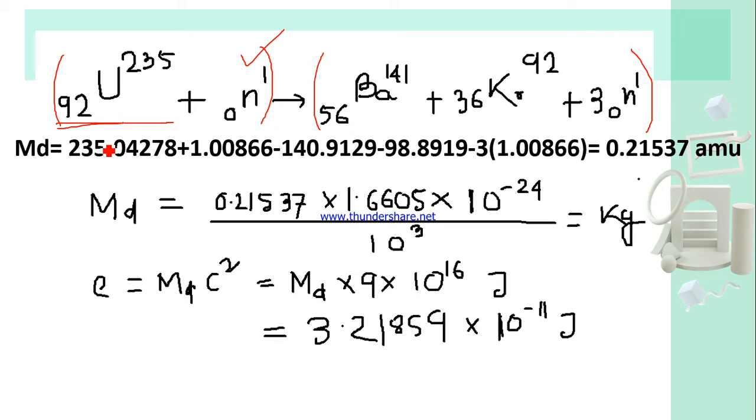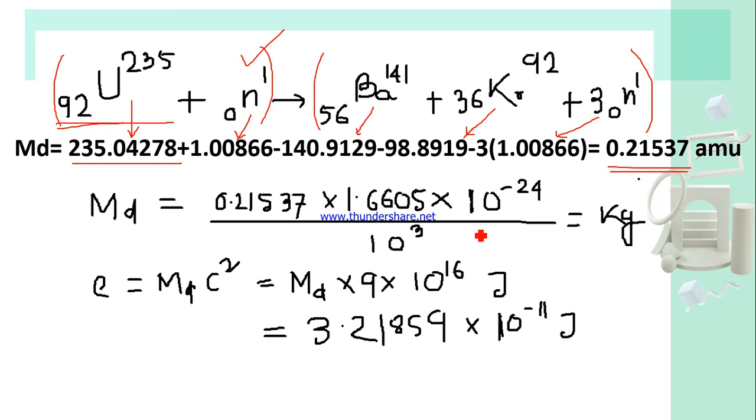So this I am taking, the unit is atomic mass unit. So this is the AMU of uranium-235. This is the neutron, this is barium, this is krypton, and this is 3 neutrons. So the mass defect, the difference of mass, is